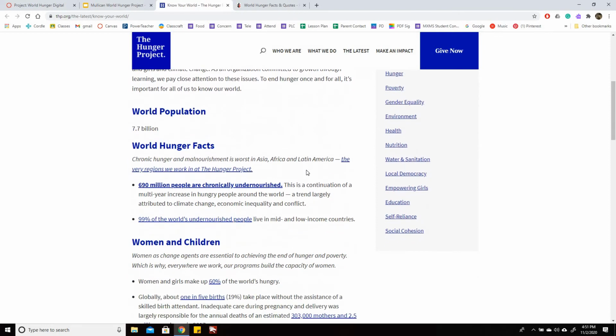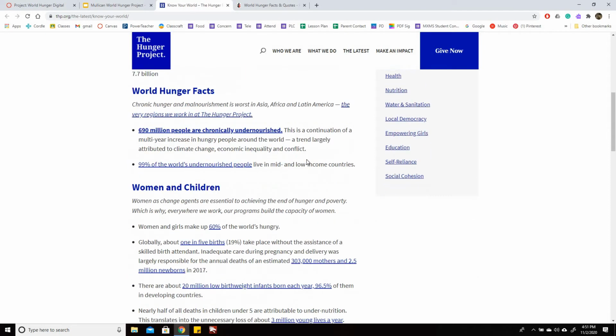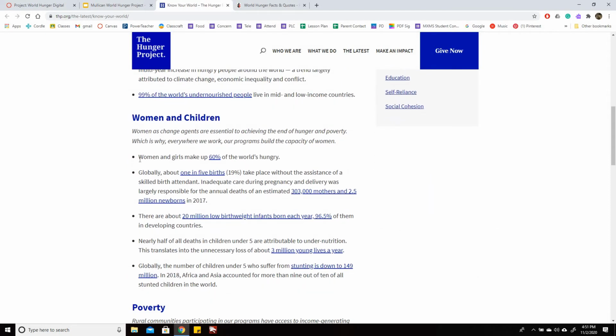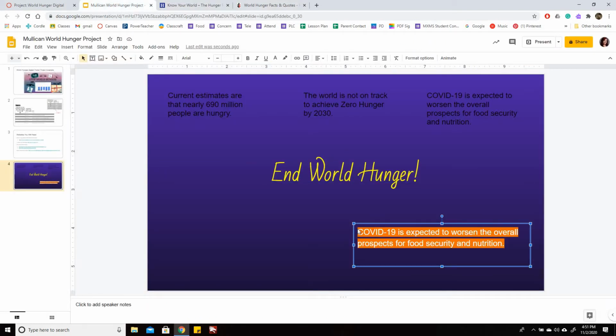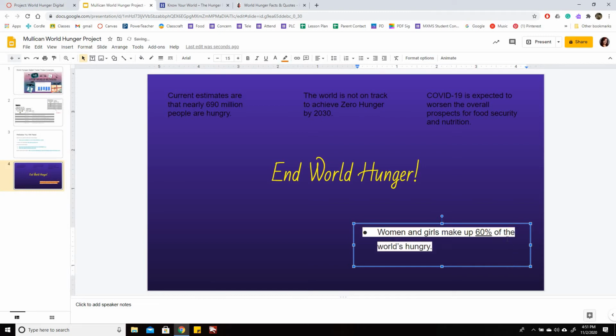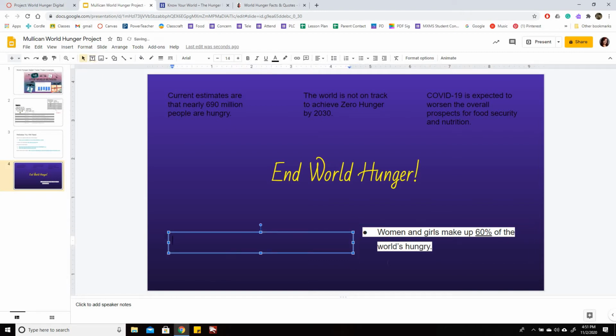Alright. I'm not sure if this one, alright. Women and girls make up 60%. So I'm gonna take this one. And again, I'm putting it in here. And that really is just easier for me than fiddling with all the font differences and stuff like that. It's just